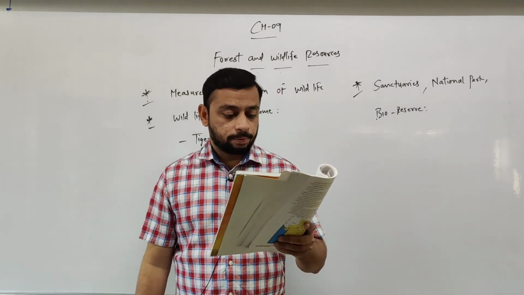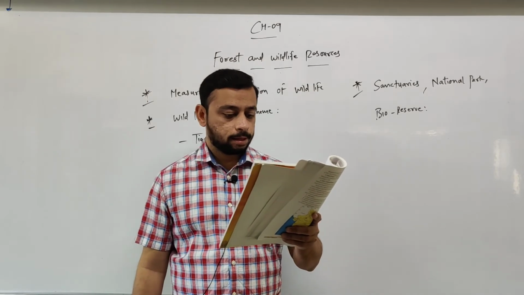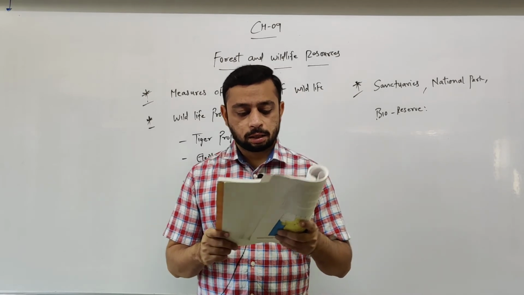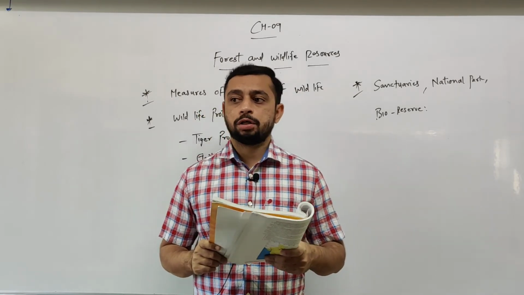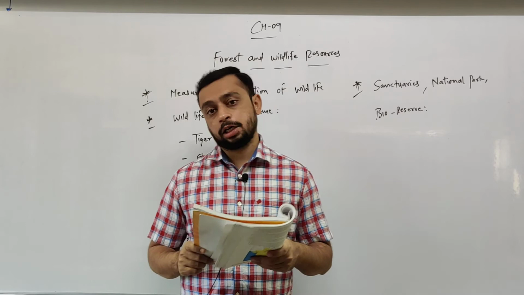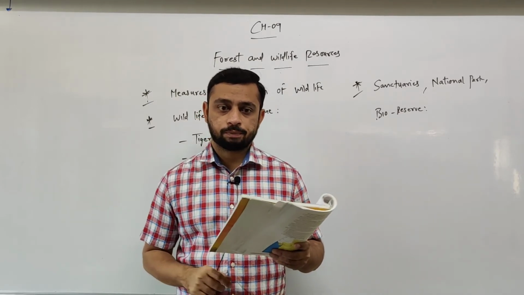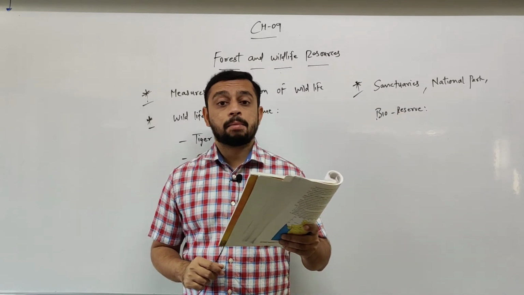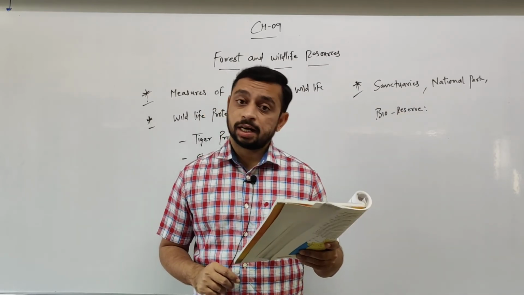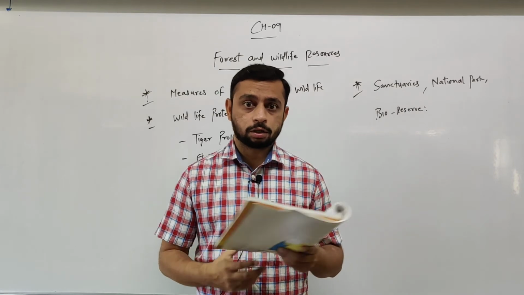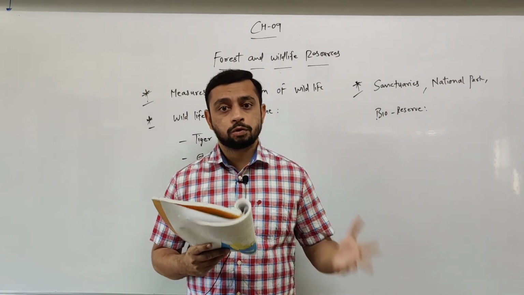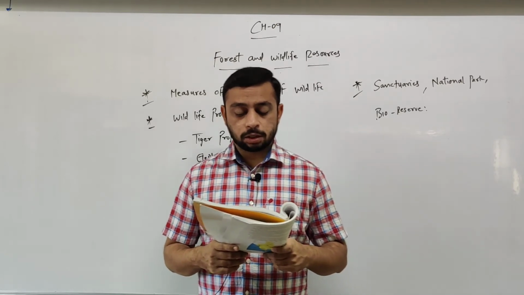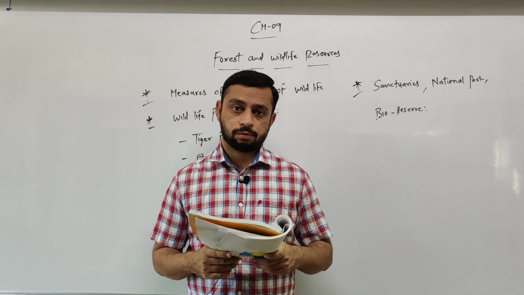Next, Nilgiri, Gulf of Mannar, Great Nicobar, Sundarban, Panchmarhi, etc. are considered to be important biosphere reserve zones of the nation, right? Underline all the names. And the last, the Rann of Kutch in Gujarat, was declared as a biosphere reserve zone in the year 2008 for the protection of its special environmental traditions, right?